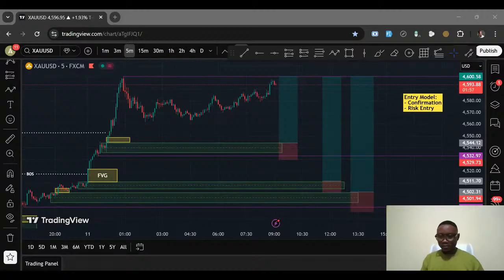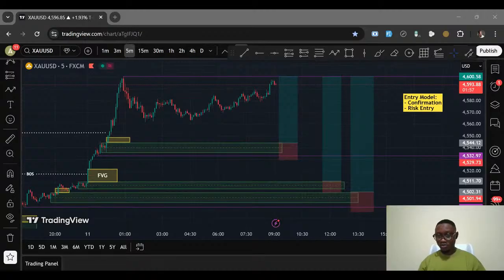All right, guys. Because of our time, we can do that in our next session. So for now, I think we'll wrap this up for today. The lessons for today, of course, are very simple. The structure first, then starting from the higher time frame perspective, then you mark out your key order block zones, and lastly, your entries.